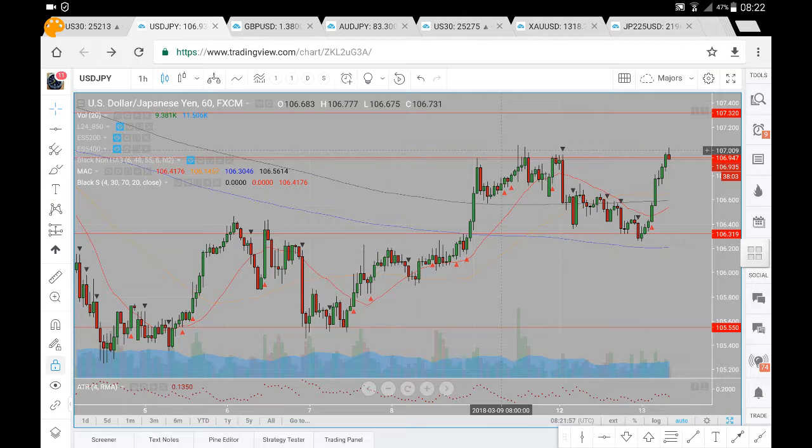So previously we had prices coming down towards this major support of 105.55, from which we did see price head upwards, traded through the 200 period moving average, confluence of the 106.32, not much of a reaction, and also the 400 period moving average, suggesting there was quite a bit of buy side momentum in this market. We came up towards this major level of 106.94, from which we did see a pullback down towards the